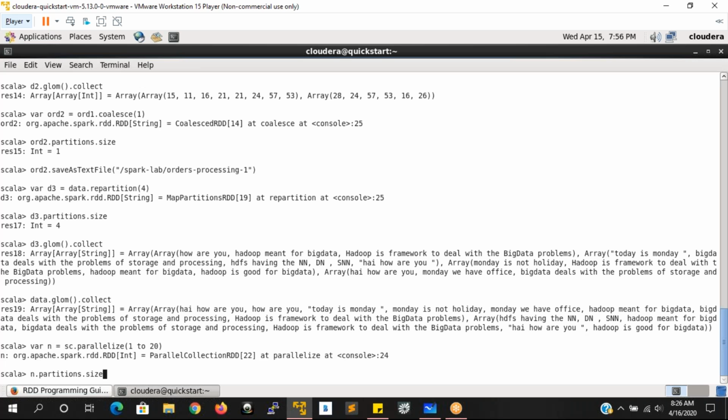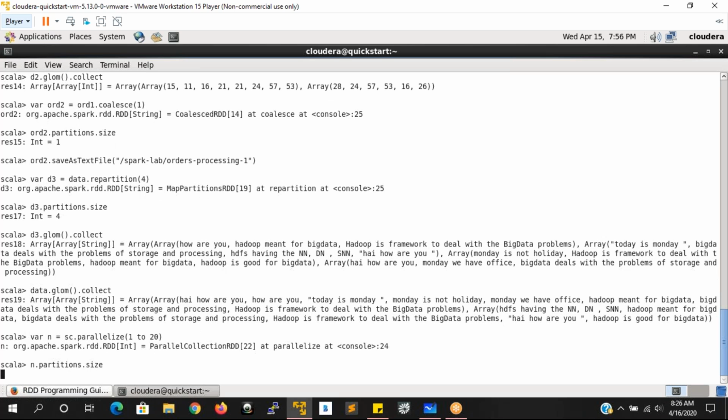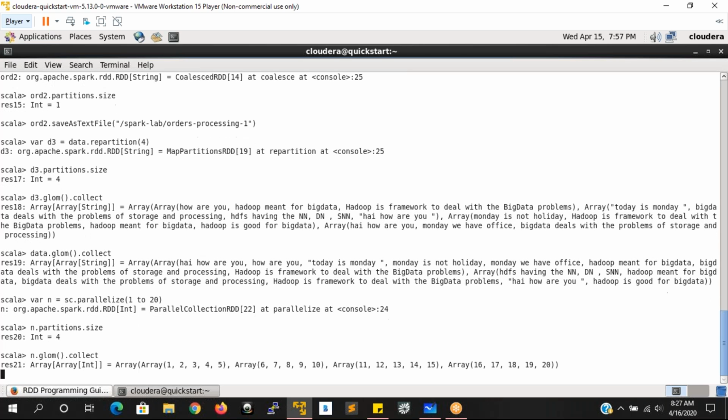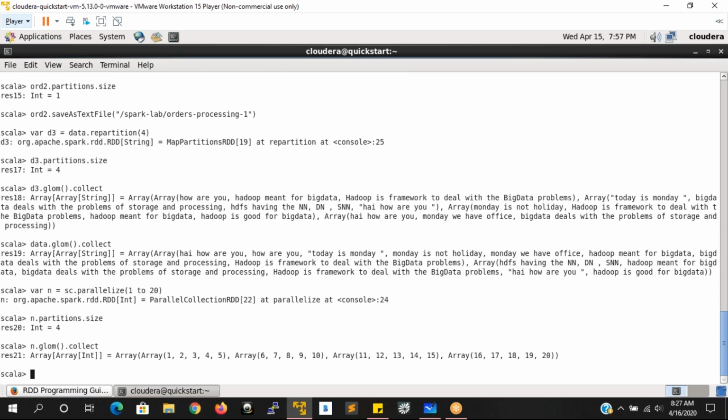That is 4 only, because you have parallelized the local object here. Correct? Yes or no? Now n.glom.collect. We have taken 1 to 20, inclusive. See, 1, 2, 3, 4, 5 first, 5 second, 5 third, 5 fourth. Like that, the data is getting stored in each and every partition.